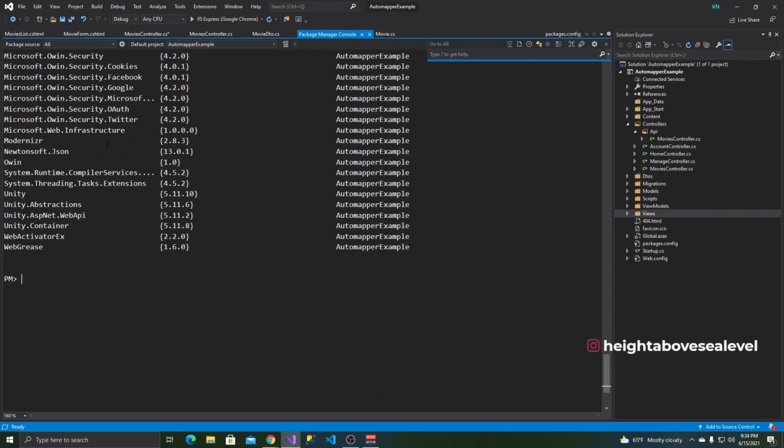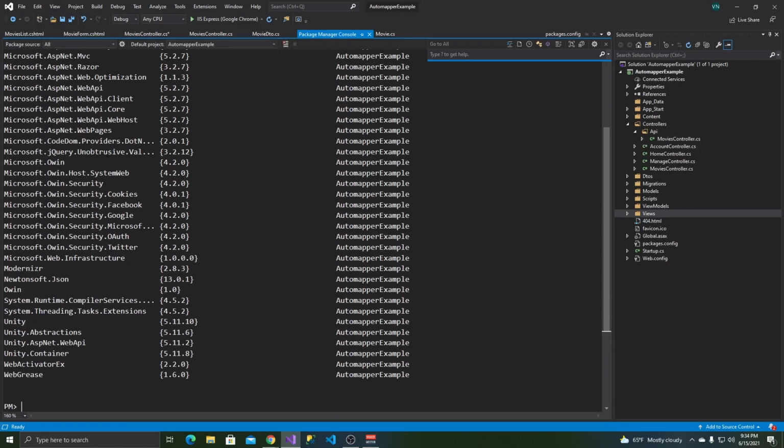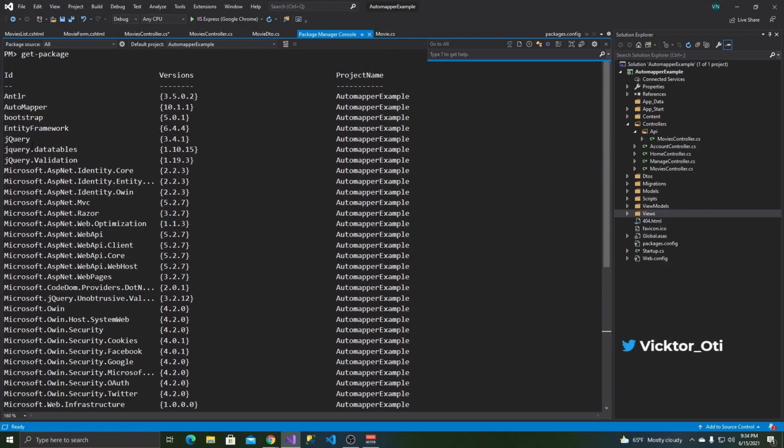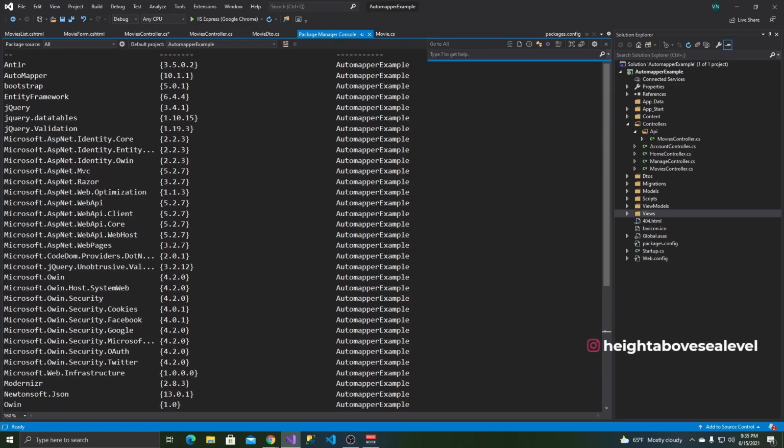Now, these are the packages you'll need. Let me close this real quick so I can start from scratch. Since I've already installed them, I can just write get package. It tells me all the packages I have. And here's AutoMapper. To install AutoMapper, you just say install package AutoMapper, and it will install the latest version for you,